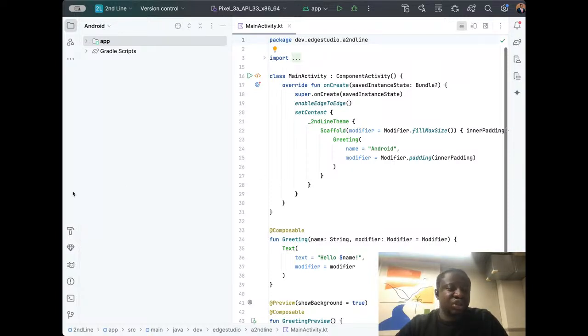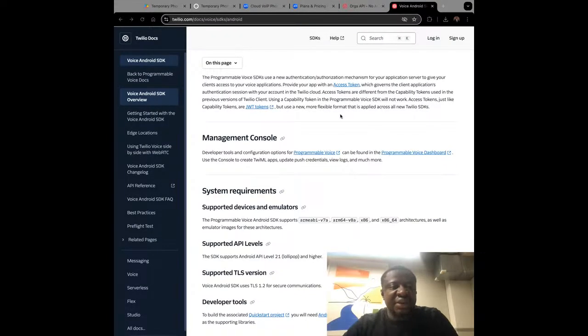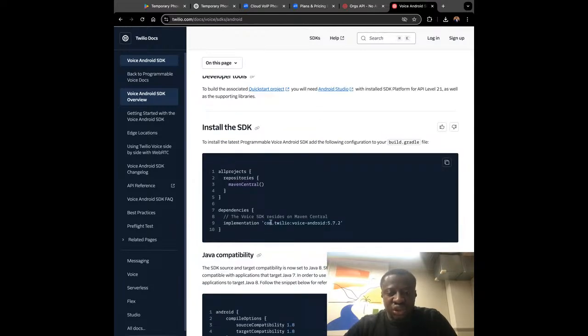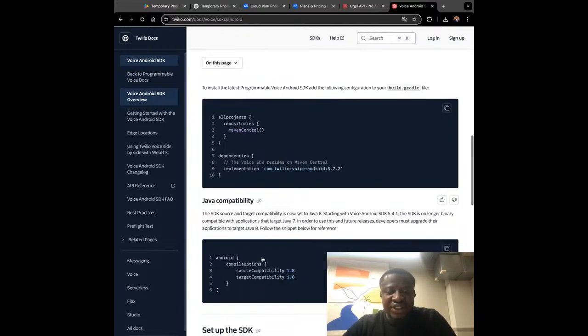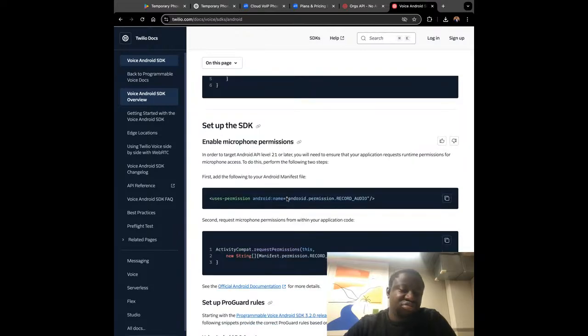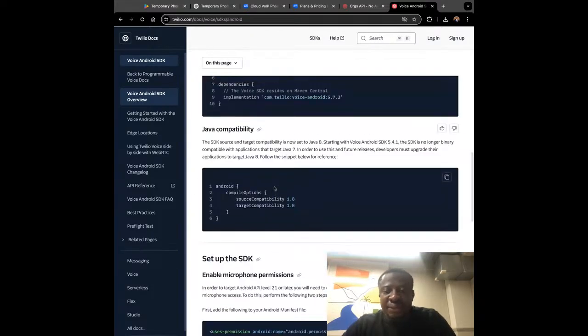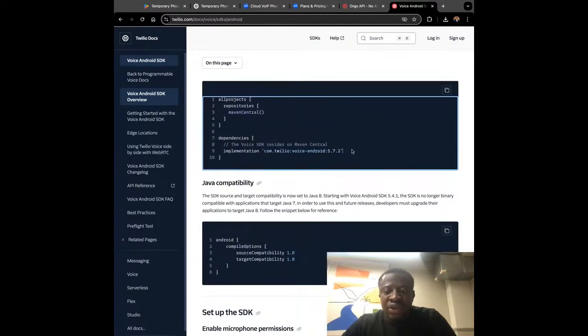The reason I'm saying this is a bit old is because we no longer do things like this in Android anymore, like adding a library. But what I do need is this one.